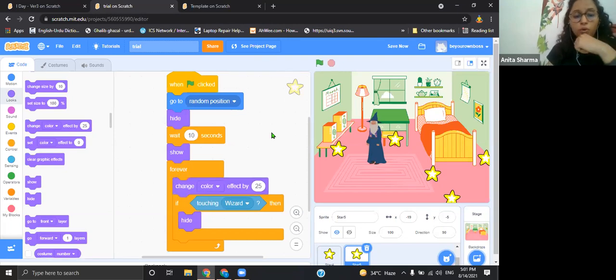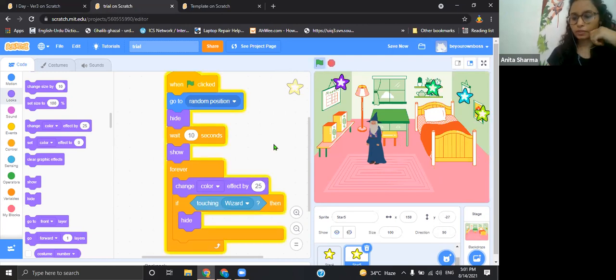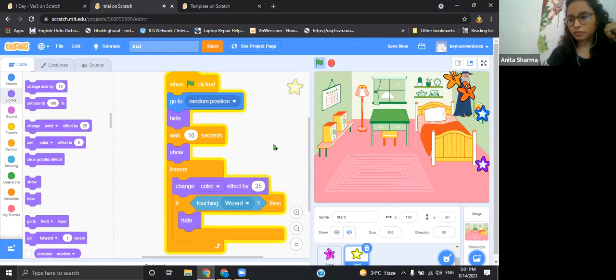Now the rest of the things we'll do tomorrow, but let's check this much. How about this star? This star will appear after some time. Let's see if we can figure it out. So this was starfish, this was starfish. I'm waiting for that special star.